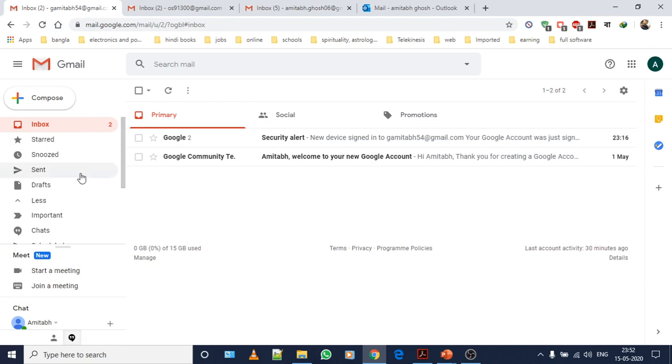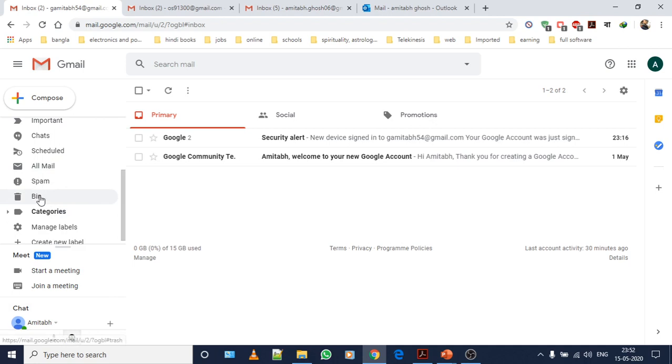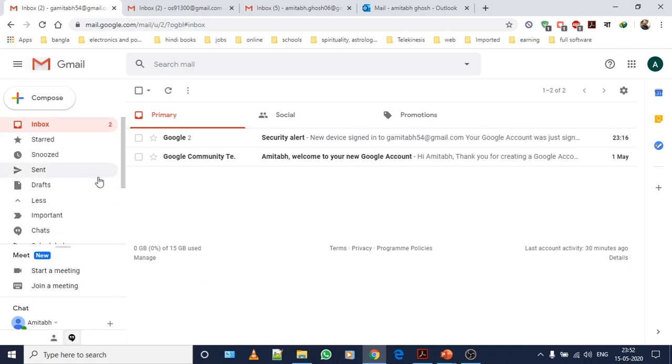Draft is the area where you save a mail, and bin is the area to check the mails you have deleted. Apart from that, in a Gmail account you find one button. It says compose. Compose is the area through which you can create a new email message.